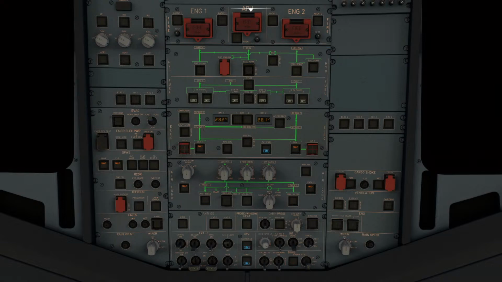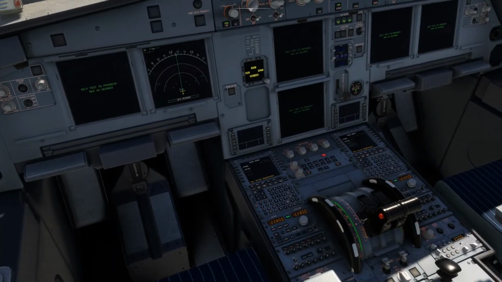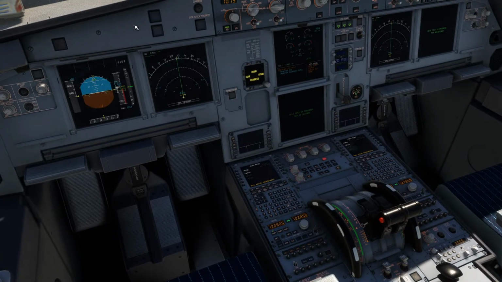Emergency exit light to armed. No smoking to auto. Start aligning the navigation system. And then down into the cockpit. Wait for the systems to boot up. Okay, so